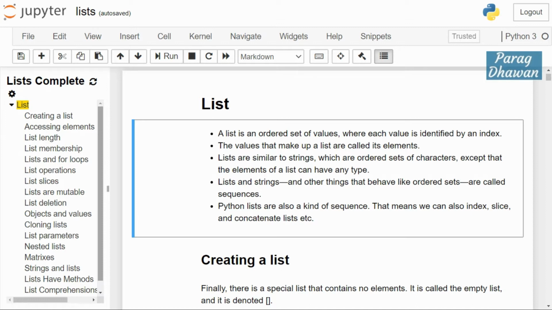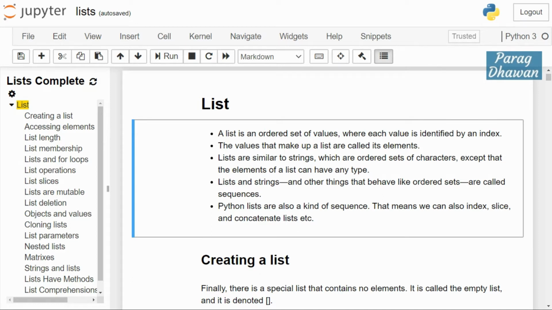There is a basic difference between a string and a list. A string is an ordered sequence of characters, whereas a list is an ordered sequence of elements. A string is immutable, meaning you cannot change the string after creation. A list is mutable, meaning after creating a list you can change or alter the elements inside the list. It is a sequence, meaning all the operations which you can apply to a sequence can also be applied to a Python list. For example, you can index a list, you can slice a list, you can concatenate two lists, etc.